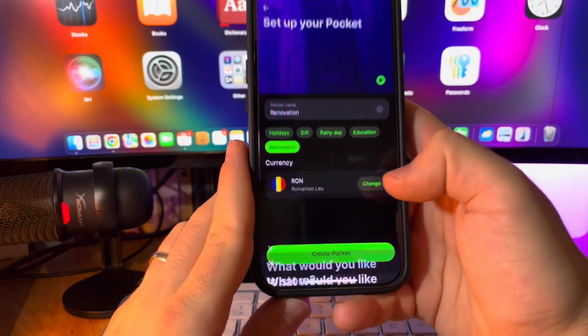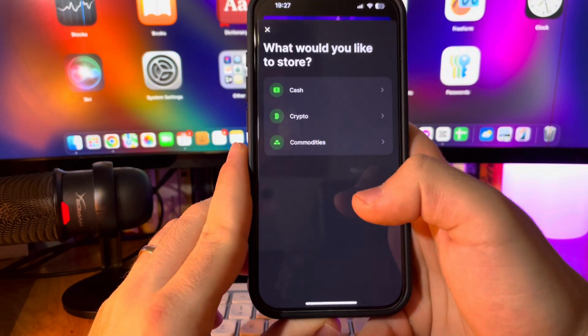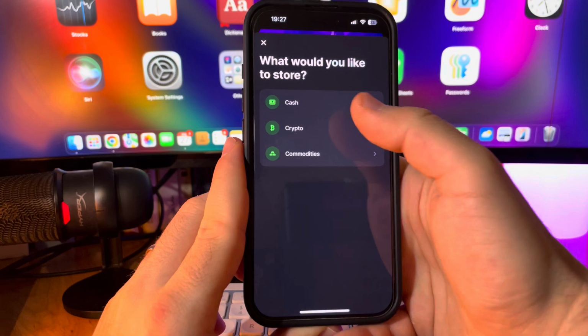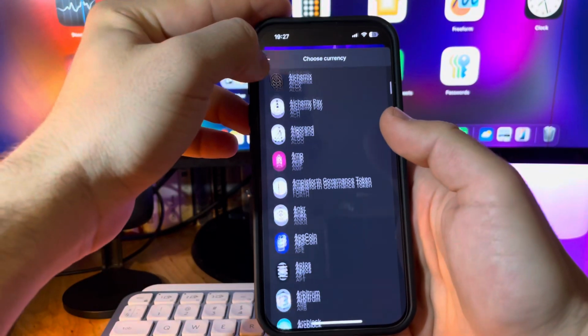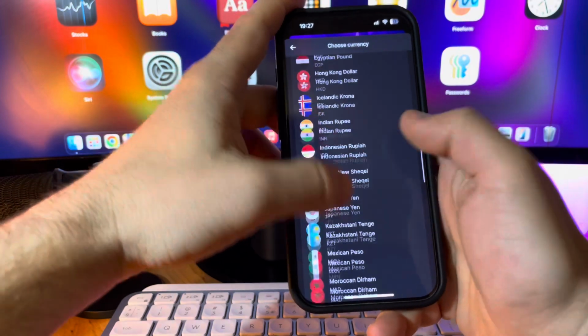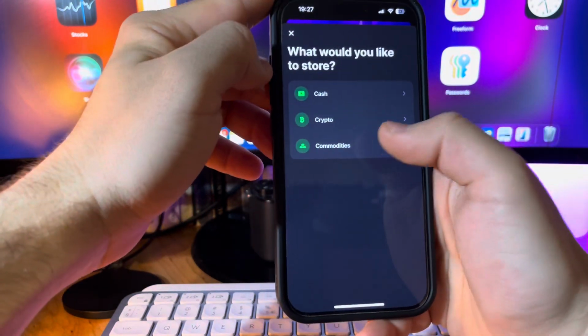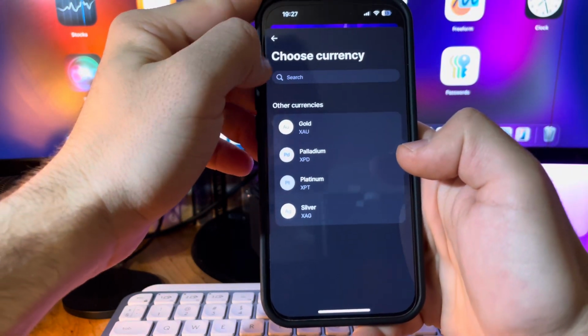And lastly, you have to select the currency that your pocket is going to use. You can set it to cash, crypto, or commodities. You can just tap on any of these options and select the currency that you would like to use for